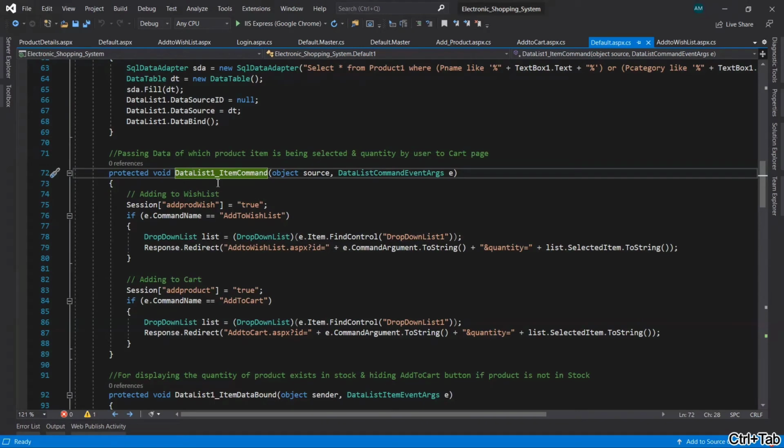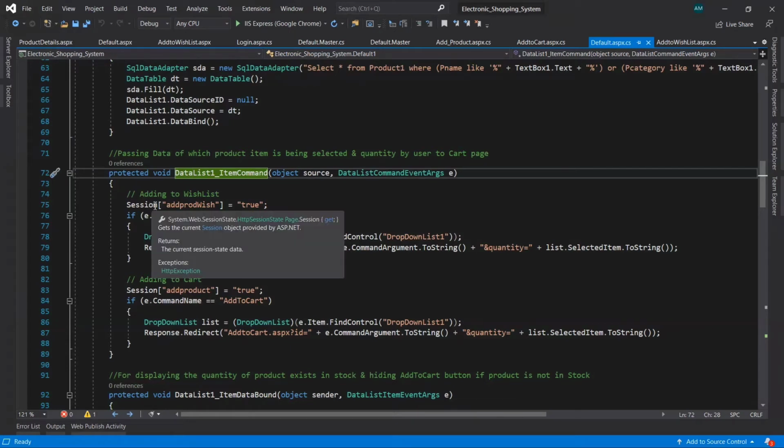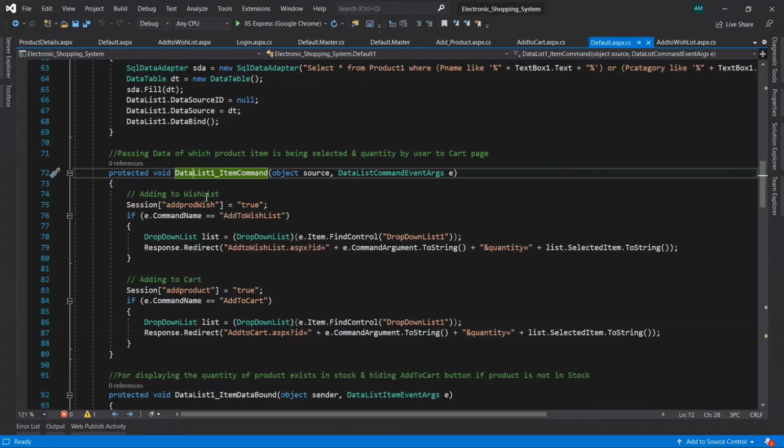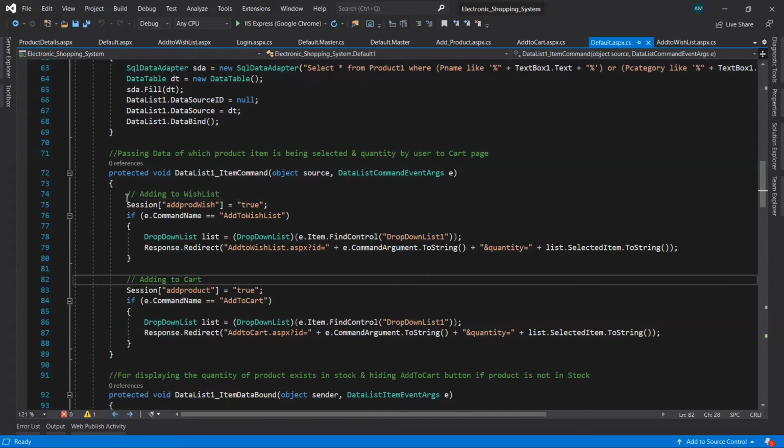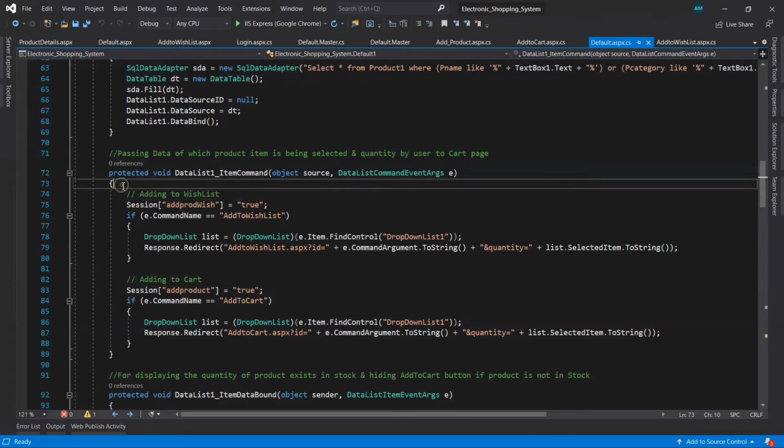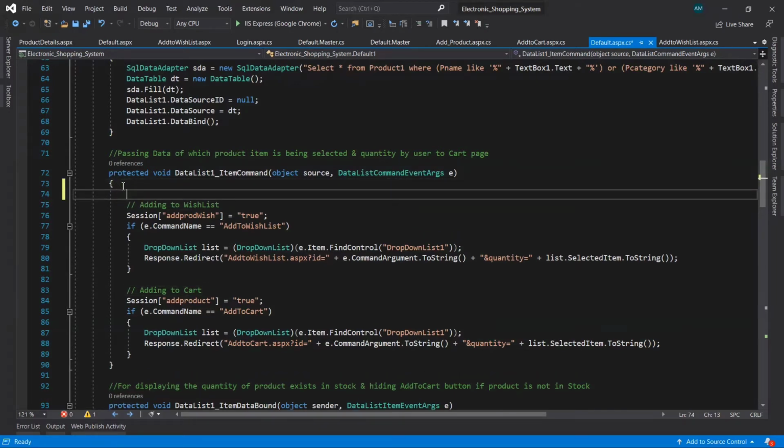Here, the event of this data list, that is the item command, we have to give. We have already taken two things, one for wish list and another for cart. Now we want to take it for product details.